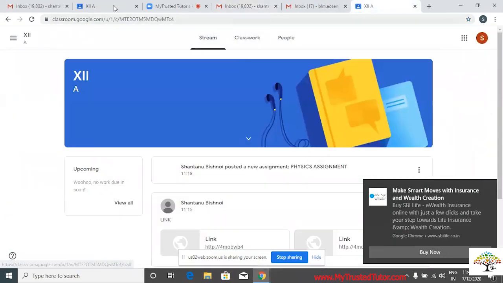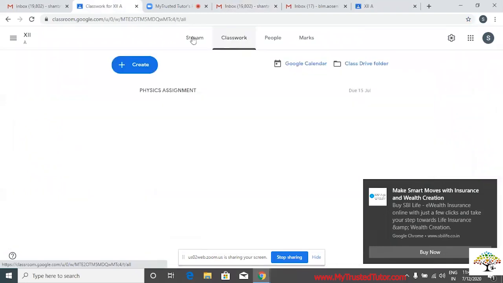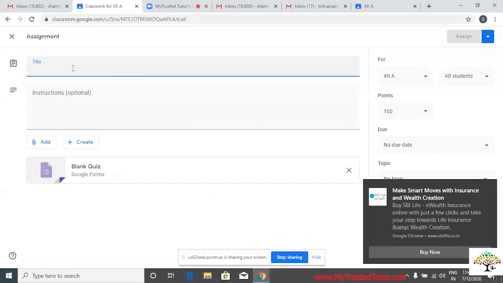See, I'll open this classwork again. Ma'am, whatever classwork you want from the student, you can go to the Classwork option. You need to click on Create, and you can add any classwork you want. If you want to add an assignment, you can do that. If you want to create a quiz, I click on quiz and I can add any quiz. It is similar to Google Forms. You can just do it, and after that you need to assign.